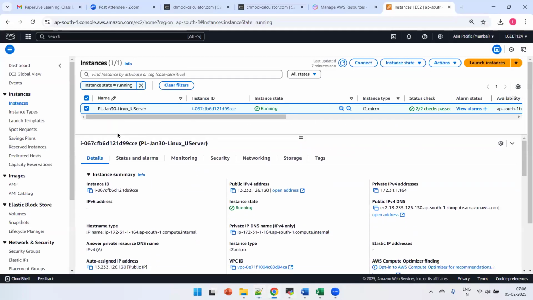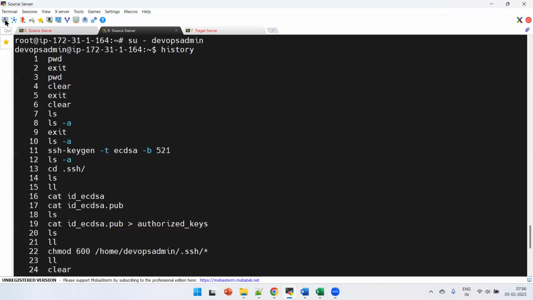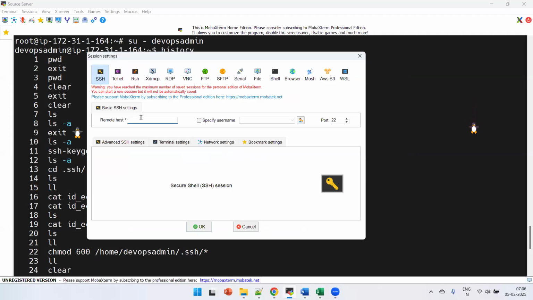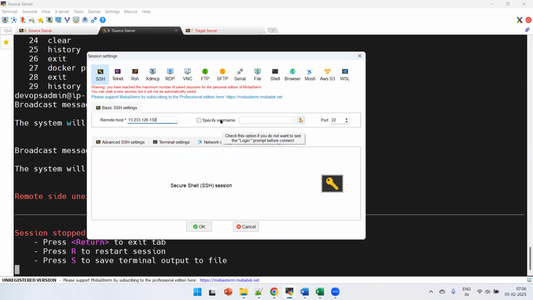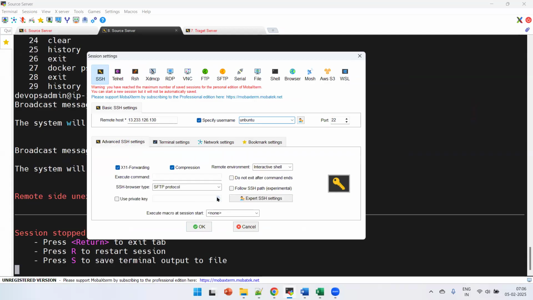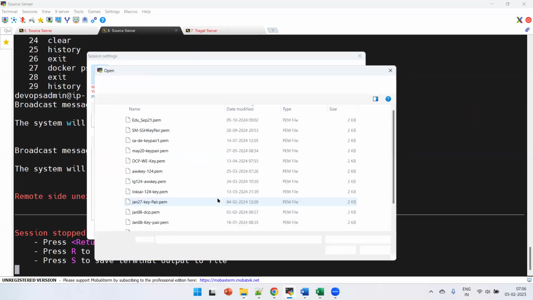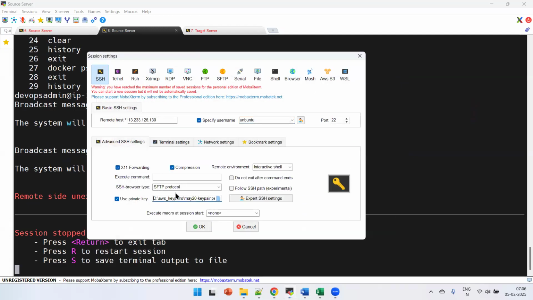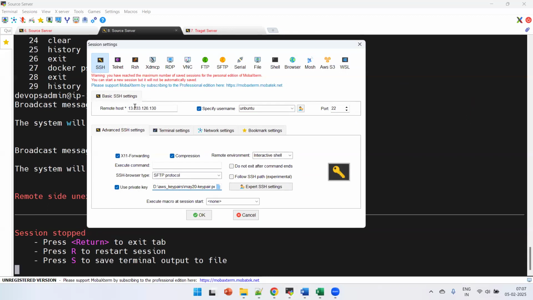If I want to connect to this instance, I can simply copy the public IP address of this machine, open MobaXterm, go to session settings, select this instance, enter the public IP address of the machine, enter the user ID, and the private key. Now all these three parameters should be valid,